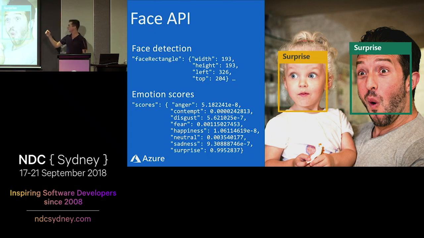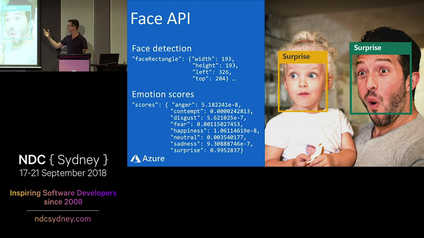And if you look at the scores on the right, those actually all add up to 1. Now, it might not look like it because that anger says 5 point whatever, but it's actually e to the -8. So if you remember, that means times 10 to the -8. So that's not a score of 5.1 for anger. That's a score of what? 0.0000005. And so what that's saying is there's a very low likelihood that there's any anger detected in the photo, and yeah, I agree with that. And so as we go down, we see at the bottom, surprise, 0.995.